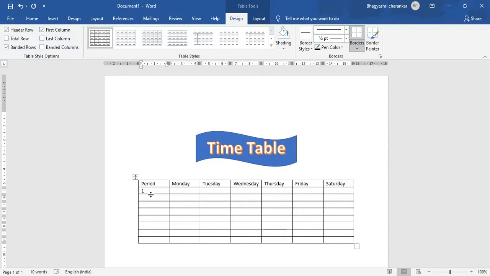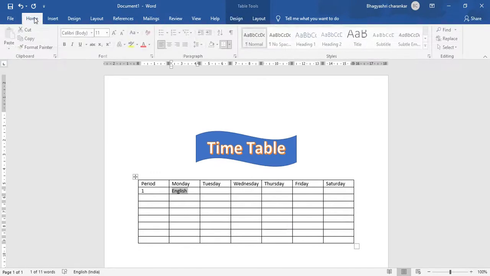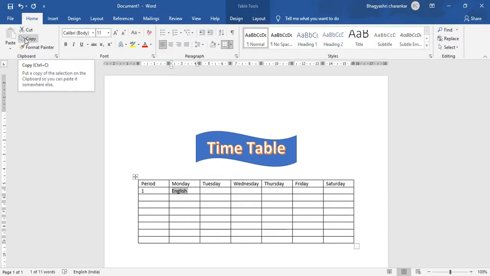Now the number of the first period and the name of the subject. Here you can use the copy paste option to copy the subjects into different columns. So first of all, I will double click on this text, go to the home tab and click on the copy button, or there's a shortcut, Control and C. Just press these buttons together, or you can say press Control C at a time.